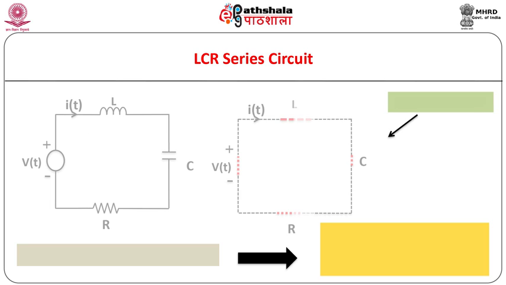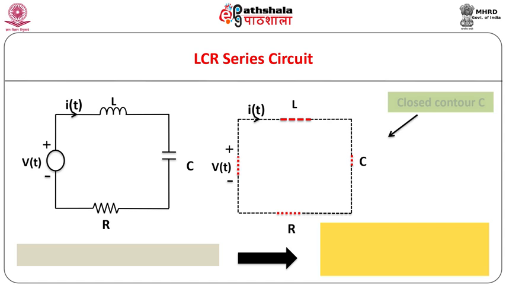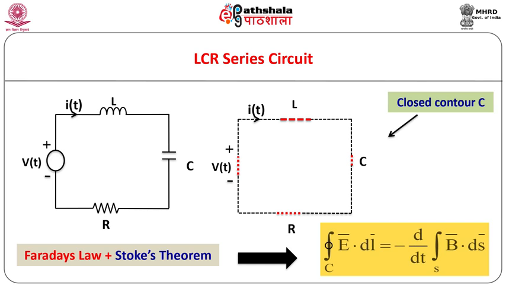Consider the LCR circuit as shown. The circuit can be assumed to be a closed contour C with area S. Use of Faraday's law and Stokes' theorem leads to the evaluation of the line integral of electric field over C. The electric field inside a static conductor is zero. Hence, while evaluating this line integral, the contribution due to the filamentary conducting wires connecting different circuit elements can be assumed to be zero. The other line integrals, which represent the potential drops across respective circuit elements, can be incorporated using known results derived using field theory as explained earlier.